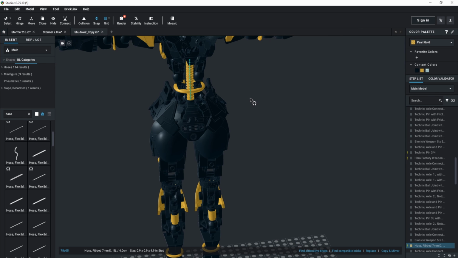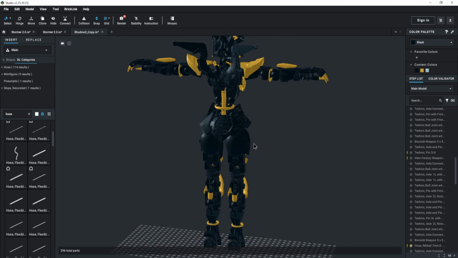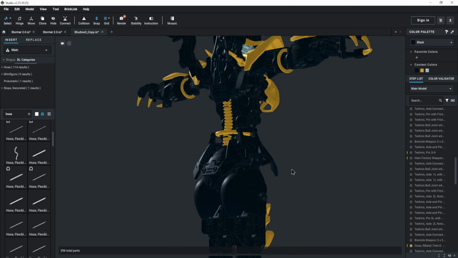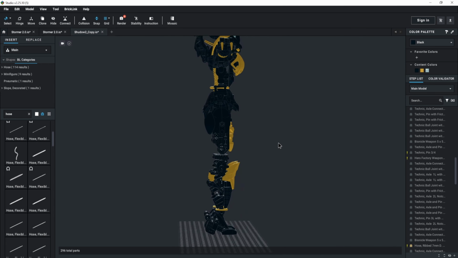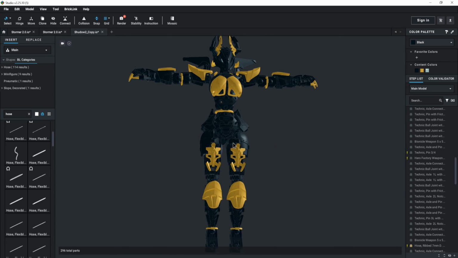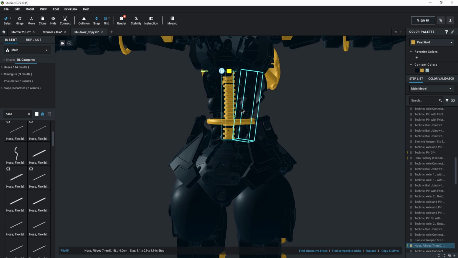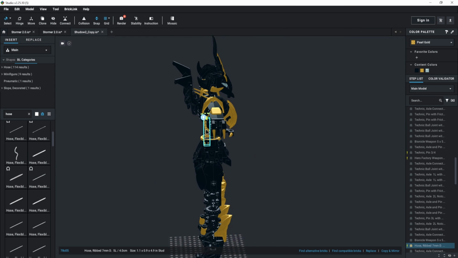So if it's like that, in your model, that's fine. You can leave it like that. Granted, this is a much more complicated model, and this kind of model we are not going to be covering in the Quick Start series, but this is something I will be covering later on. But if you do have parts like this, that's totally fine. But if you have any of these pieces,